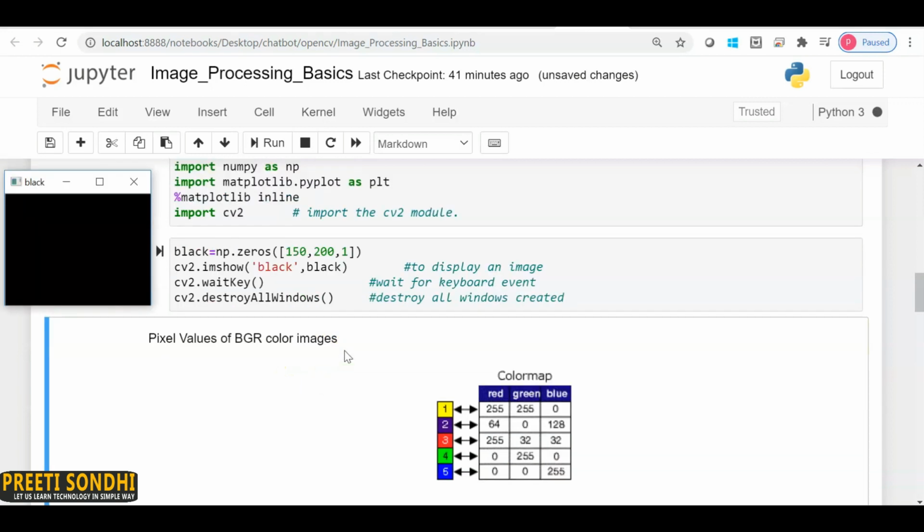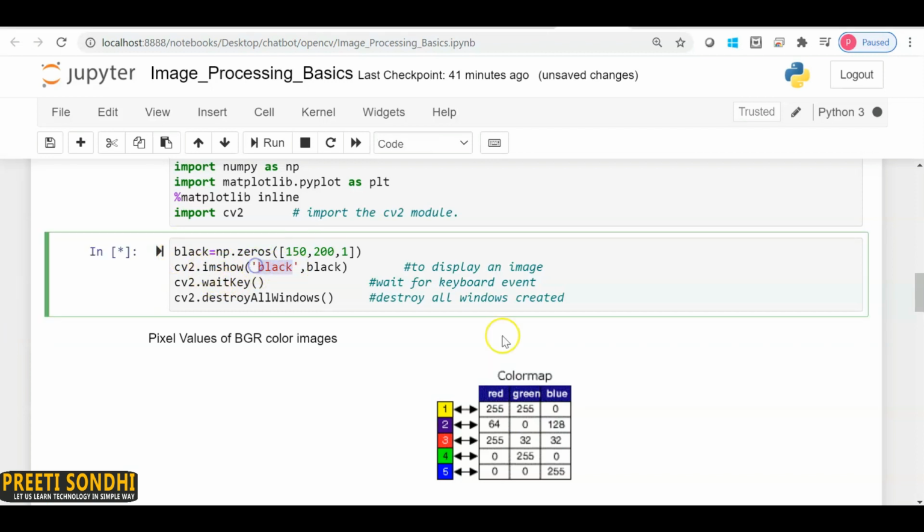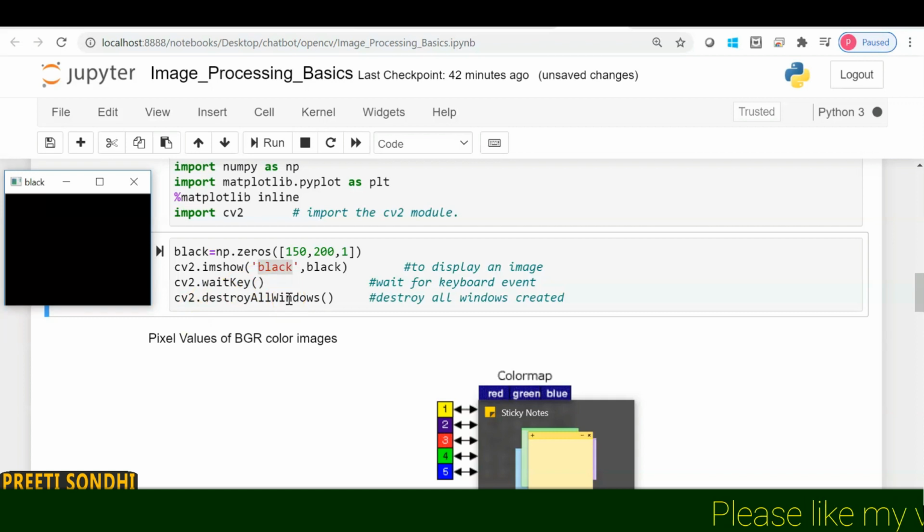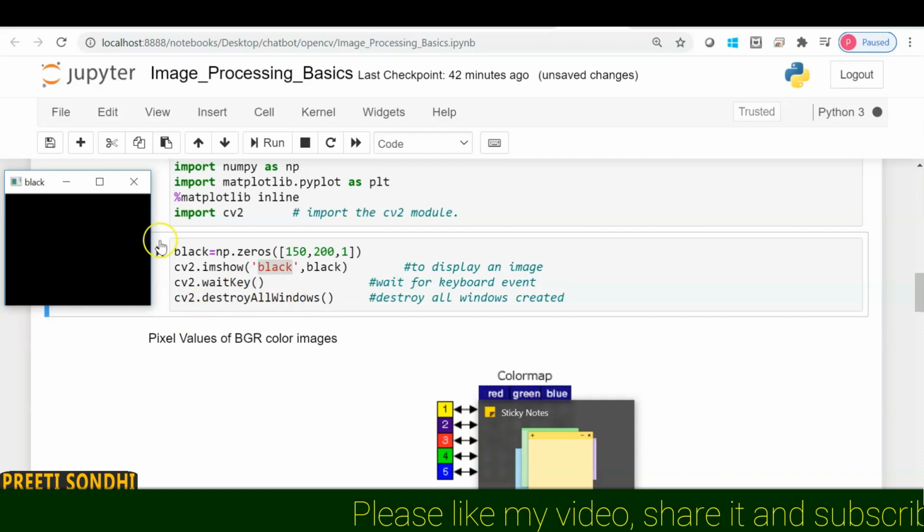So I am just running the program, and you can see here it has created a black image, and this is the name here. So you must be clear with the basics of how you can create an image. I have already told you it will show this name in the window, so it's just showing me black. If I passed white here, it would show white. waitKey will allow it to wait for a specified number of milliseconds. I have not passed any value here, but you can. And destroyAllWindows will destroy all the windows that it has created.